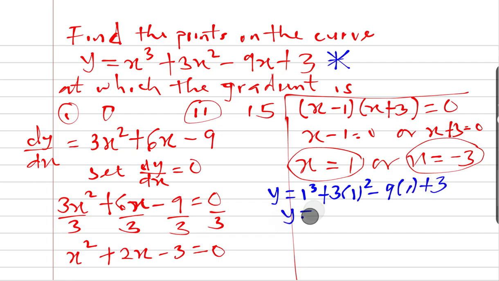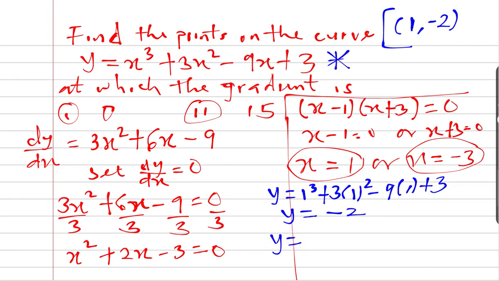If you solve that, you are going to have y equal to minus 2. That means when x is 1, our y is minus 2. And then the next one, when x equal to